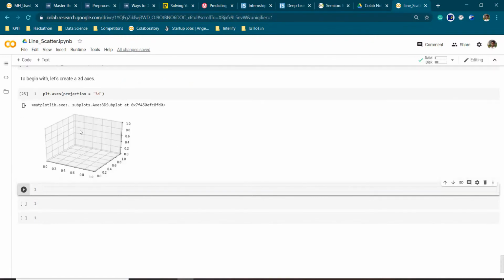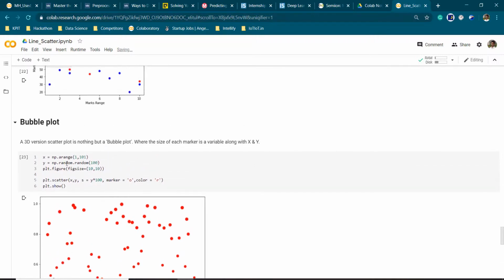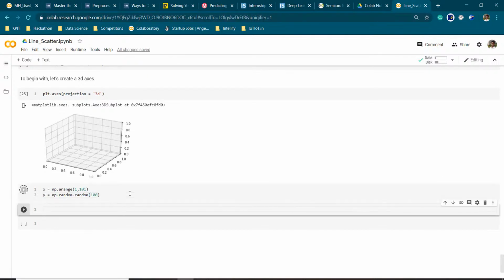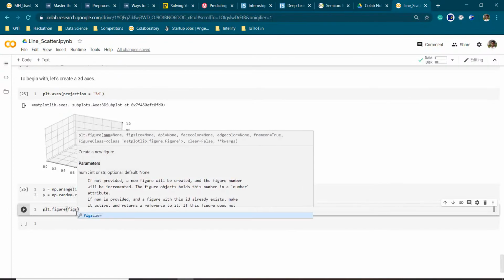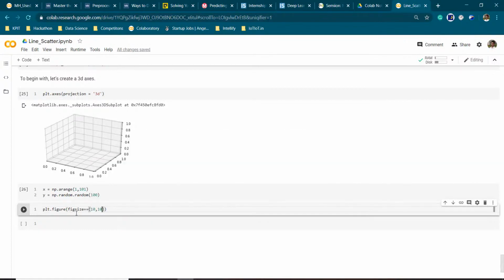So you can see that our 3D graph has been plotted. So this is just an example of a 3D axis. So let us see how we can plot by taking some values. For the same, we are going to take these input values x and y. Then the same method we are going to use, plt.figure, figure size, tuple of length comma width.